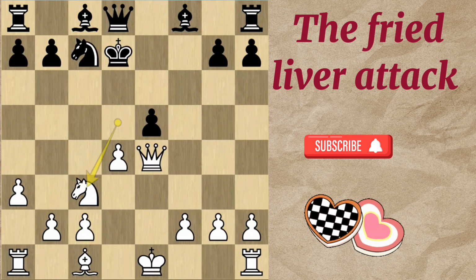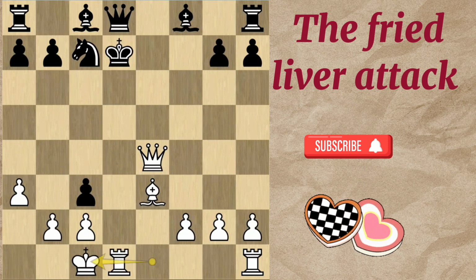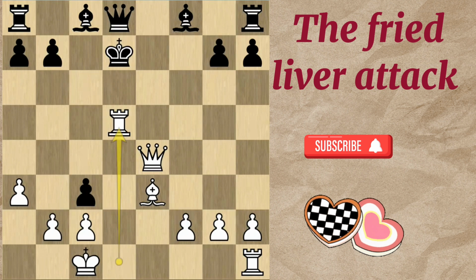Knight to c3, e takes d4, bishop to e3, a very brilliant move. So here if black takes your knight or your bishop, this is a blunder. For example, d takes c3, long castle with check, knight to d5, rook takes d5, bishop to d6, and rook